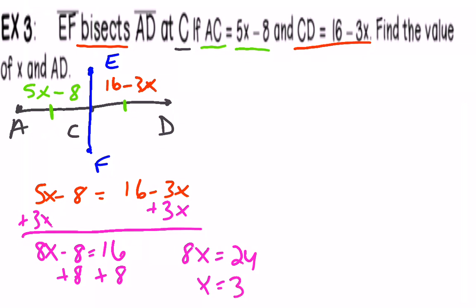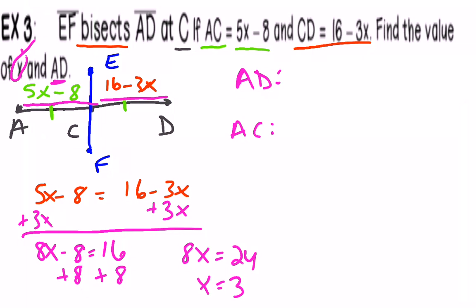And now what do we need to do? Actually answer the question. So the first thing it said was to find x. So I've done that. And now I need to find AD. Now there's two ways that you can think about finding AD. One is that you can add these two expressions together and then substitute in x, but a shorter way to do it is actually to just find AC,